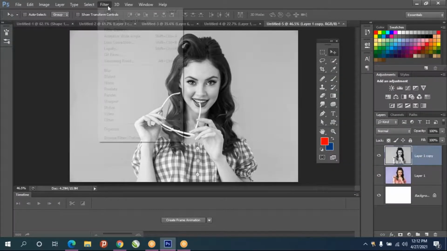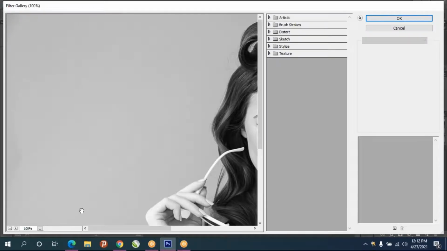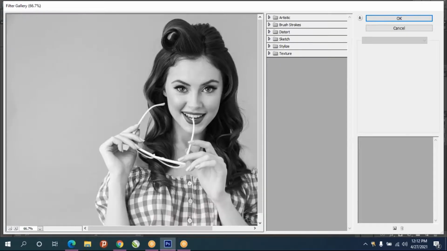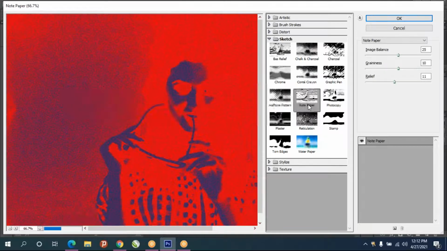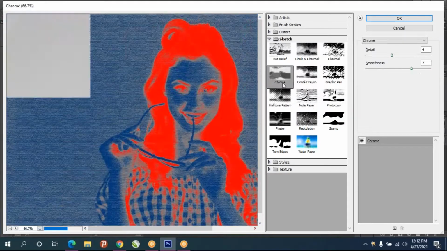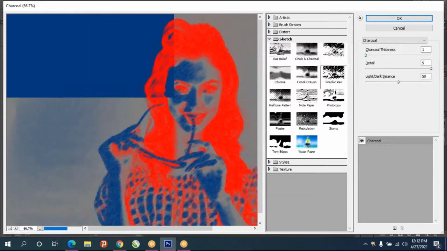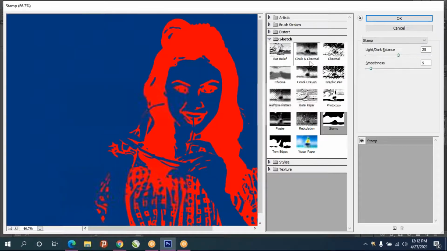And now you go to filter menu, filter gallery, and zoom out, Control minus, go for sketch. It gives some sketch effect. But in this, it won't affect that much because it will consider RGB color mode.